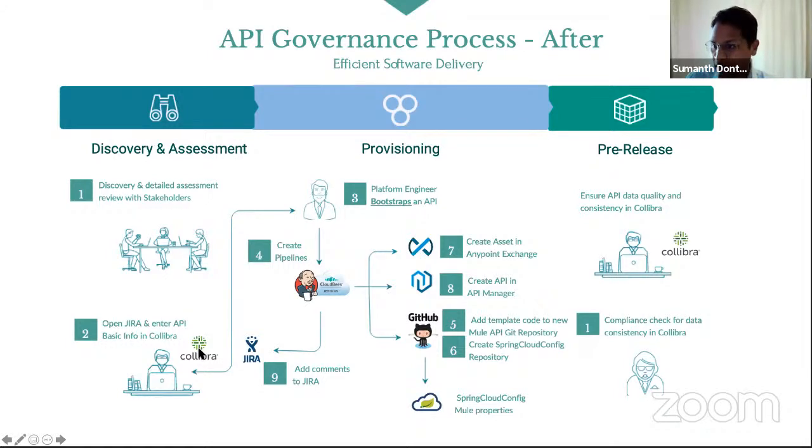At the API design time itself, we define the naming conventions, because that naming convention is used everywhere. It's the naming convention used for your Git repo, your Spring Cloud config, your assets, APIs. A dozen different places, it's the same name that's used. So we have to be very careful about that.